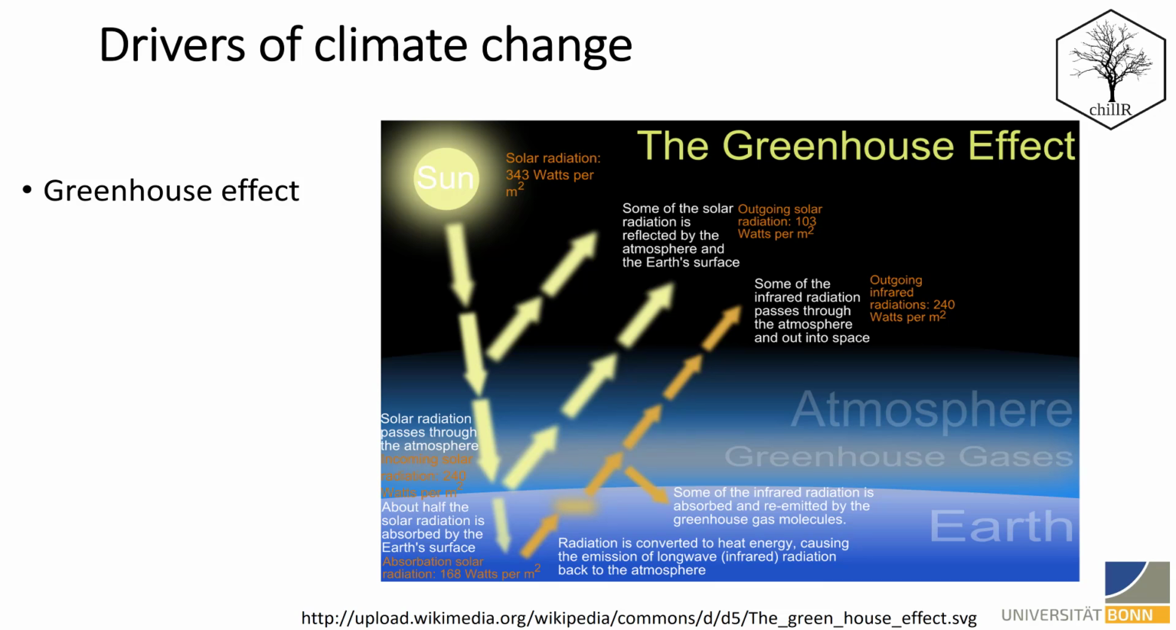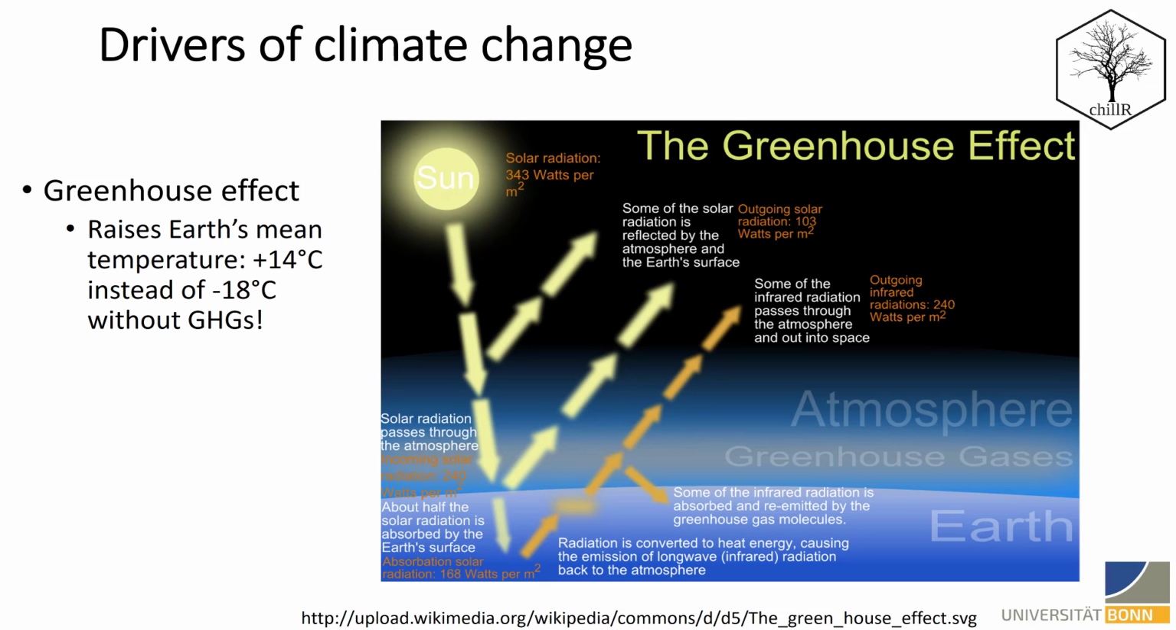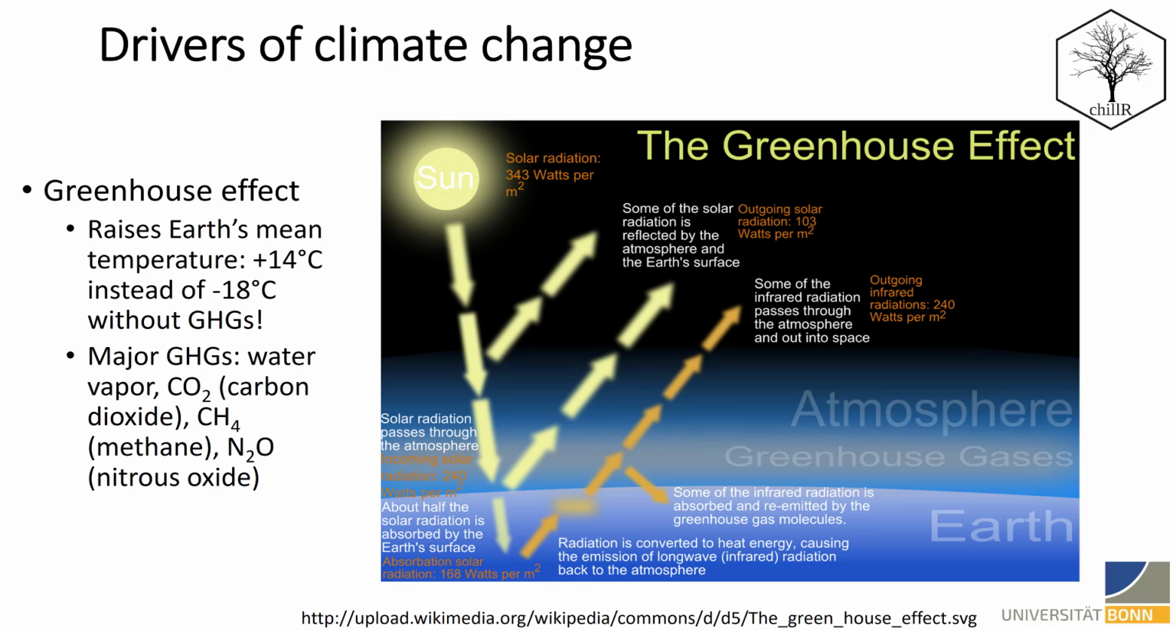some warming of the planet has occurred, which is quite favorable for us, because it raises the Earth's mean temperature from about minus 18 degrees, which it would be without greenhouse gases, to roughly 14 degrees, which is quite a bit nicer for us. If the Earth was solidly frozen, then we would probably not be particularly happy or even exist. The major greenhouse gases that drive this greenhouse effect are water vapor, CO2, carbon dioxide, methane, CH4, and N2O,